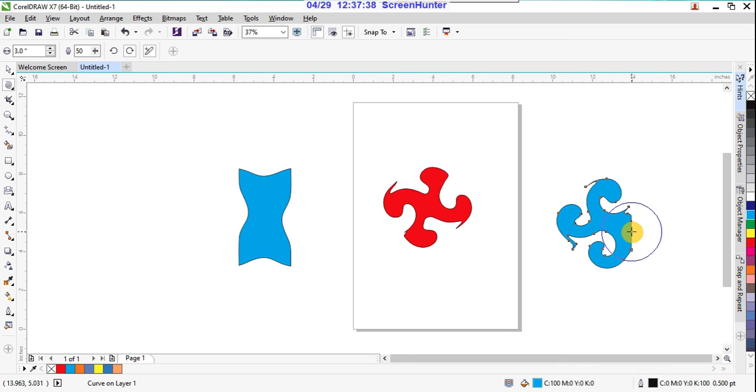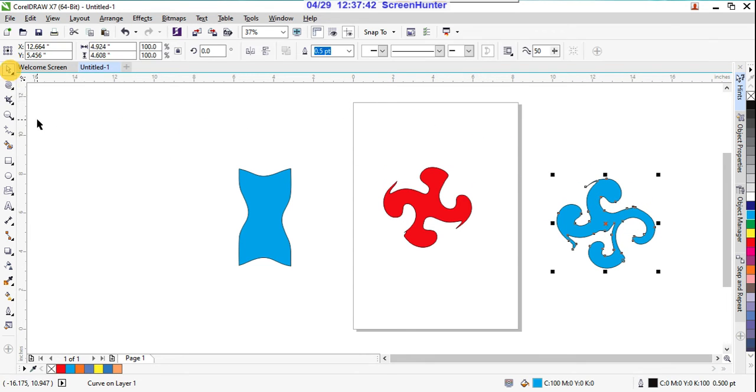This is really a very interesting tool. Mostly this tool is really helpful when you make patterns. That is the reason fashion designers and textile industry people mostly use CorelDRAW to make symbols, shapes, patterns.